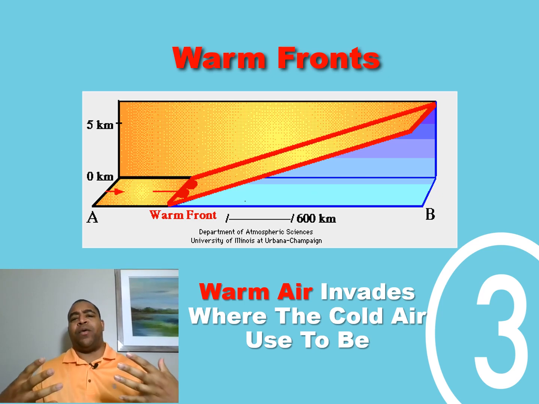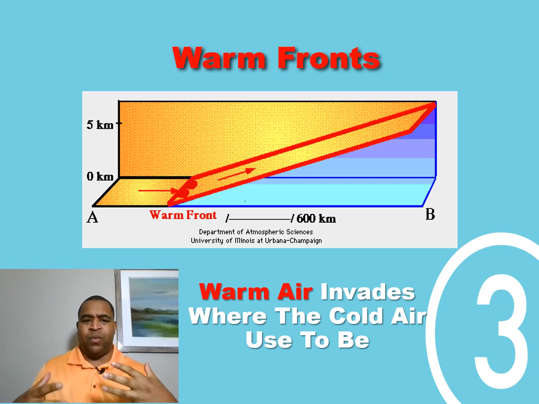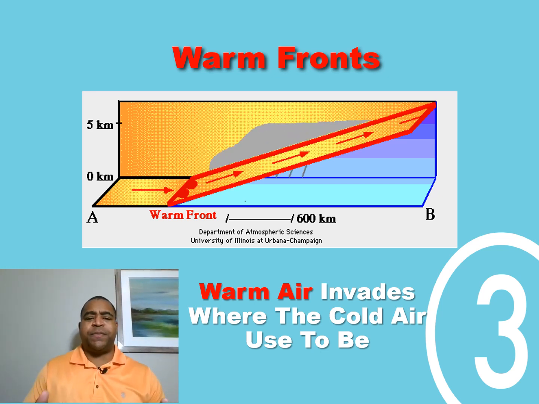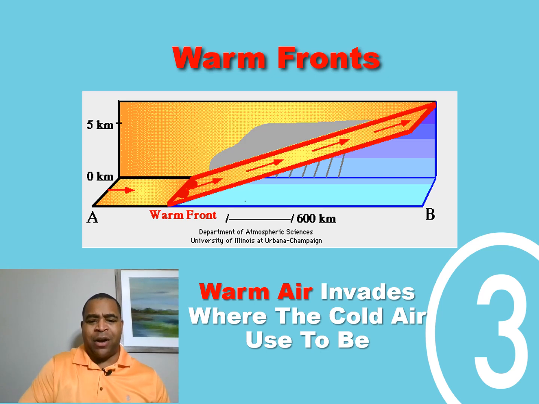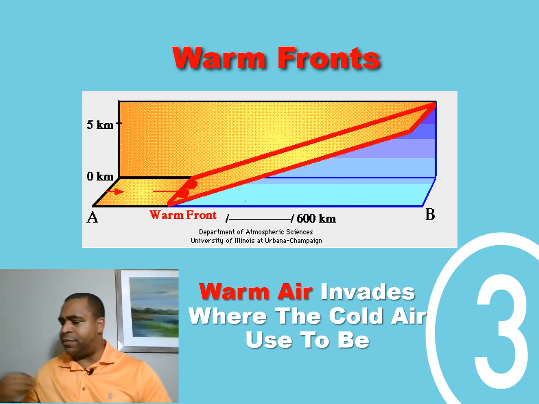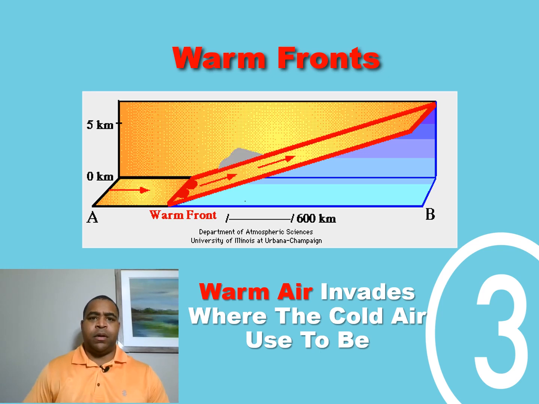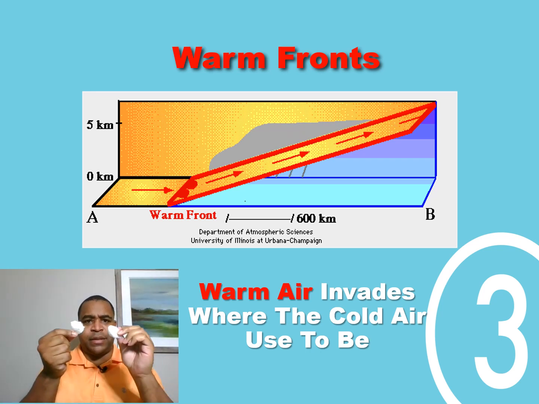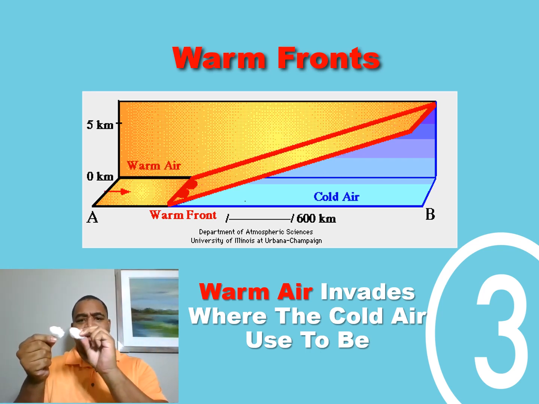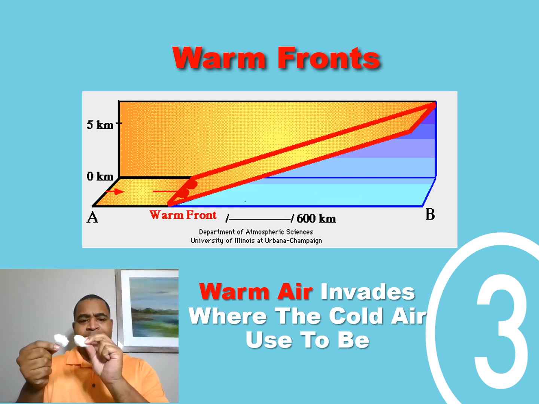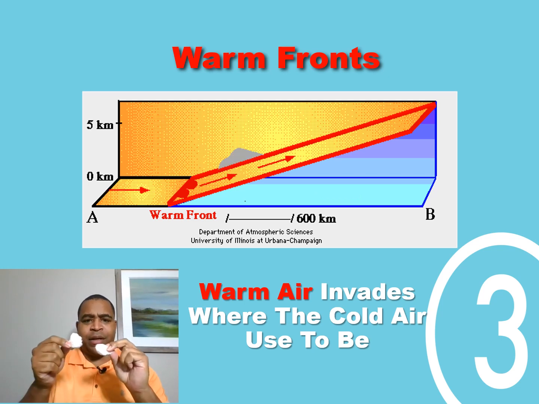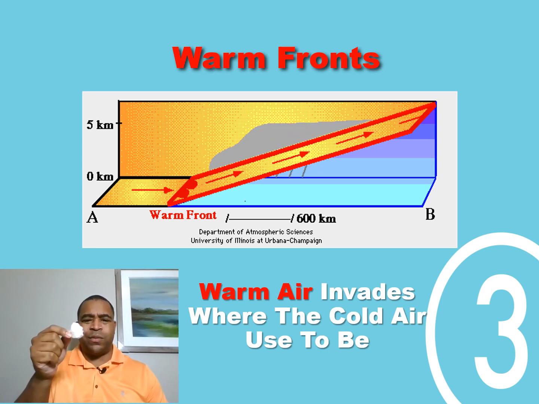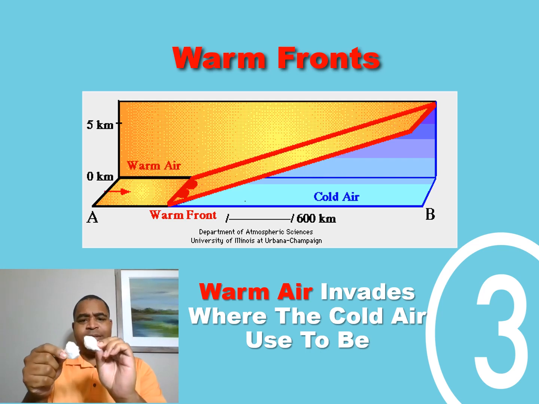So let's talk a little bit about what warm fronts are and why they basically happen in the world. All right, so warm fronts basically are when you have warm air that invades where cold air used to be. So let's say, for example, this cotton ball right here, this is cold air, right? Cold air basically is leaving, and then warm air basically moves into the same spot. Now, periodically, what will happen is you'll have the cold air that doesn't really want to move, but the warm front still wants to get in there.